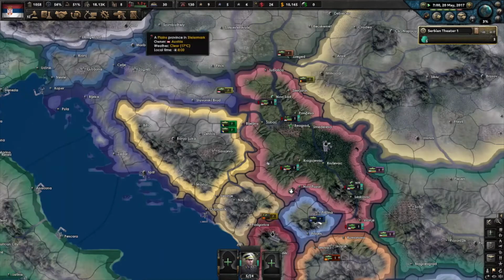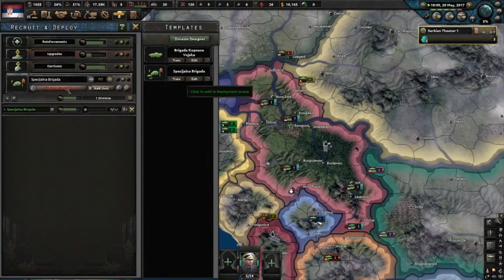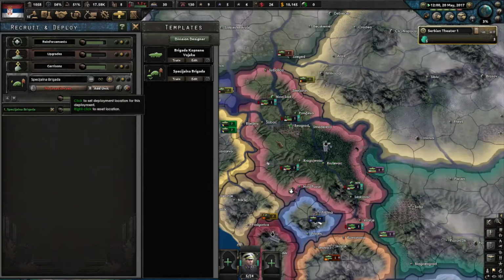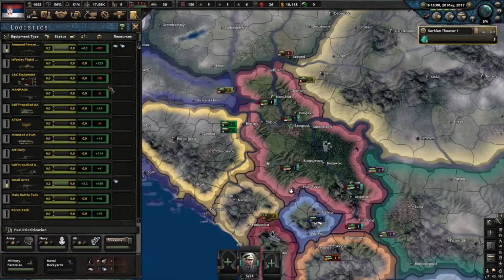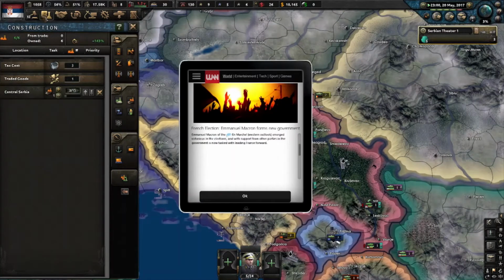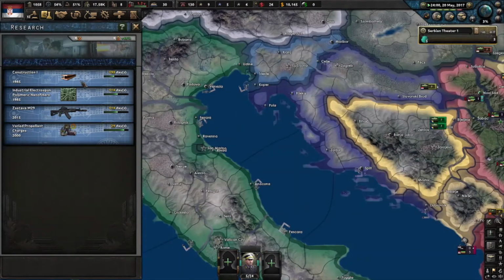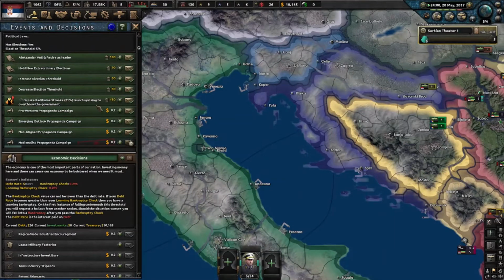As for other things, I'm going to start deploying one of these specially weak brigades. We should have enough equipment. I'll just check. Yeah, I think that's enough to supply that. And... oh, look at that. Emmanuel Macron has formed a new government in France. So I think on that note, we might also want to... well, we could launch